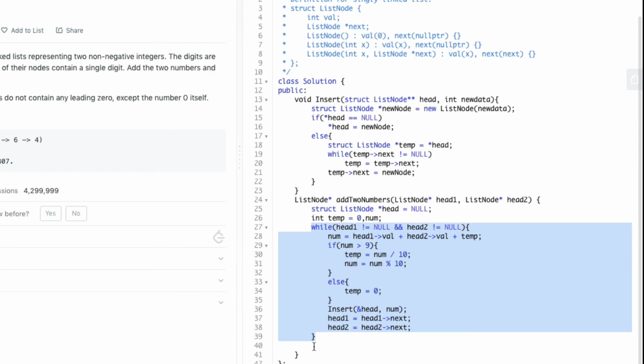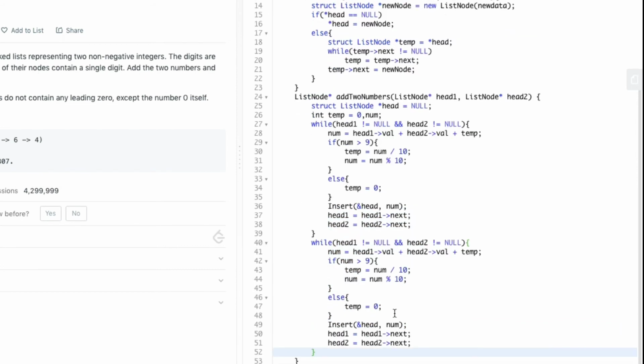insert another while loop where we check whether head 1 is not equal to null. If so, we make num the value of head 1 plus temp. We insert num into the new linked list and we only increment the head 1 pointer.